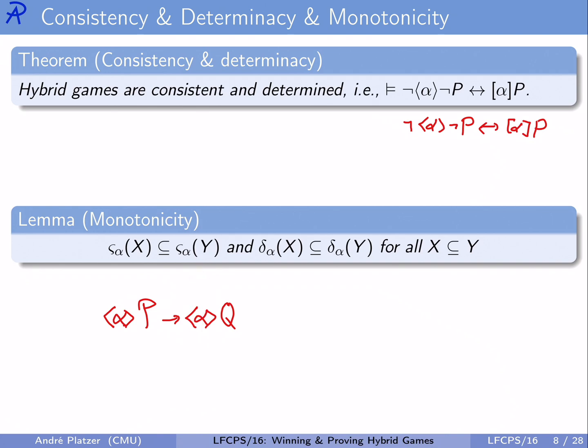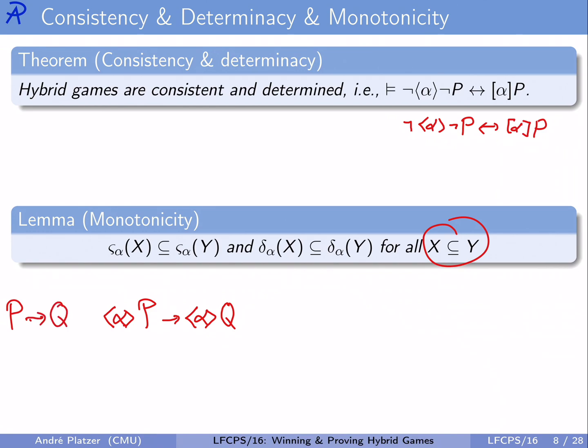But remember, we need to do something about the assumption. So how do we say that this, of course, doesn't hold in general? We have no way of hoping that the existence of a winning strategy for Angel to get to P does imply the winning strategy existence for Angel to get to Q, unless P and Q are somehow related. So how do we say that X is included in Y, which of course somehow says something about P and Q? Well, we could start to assume something like P implies Q,